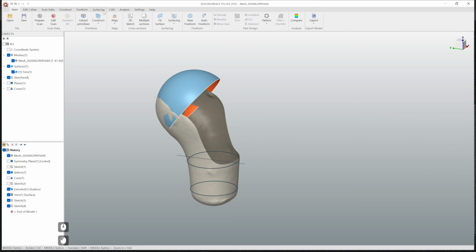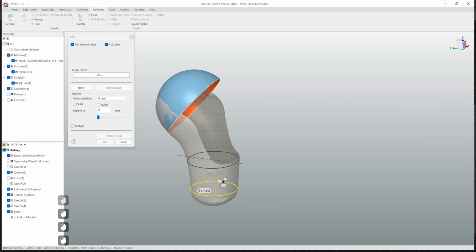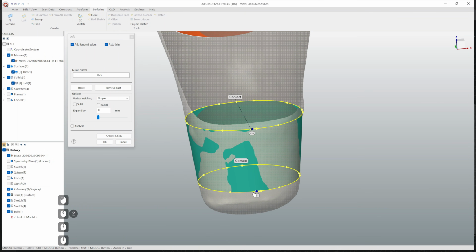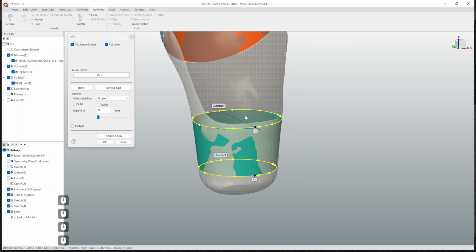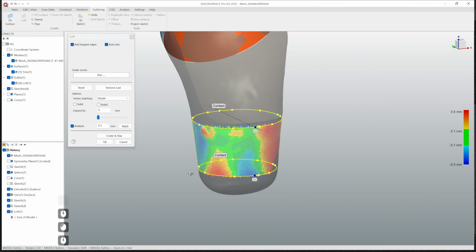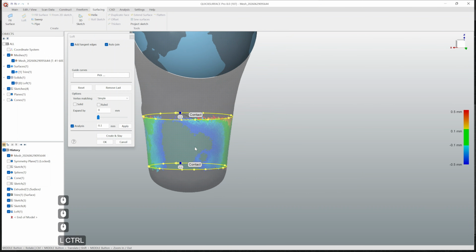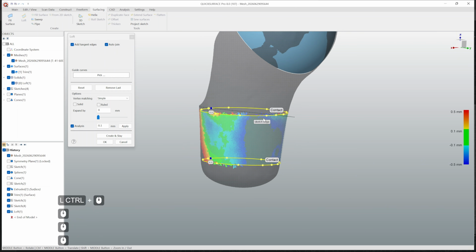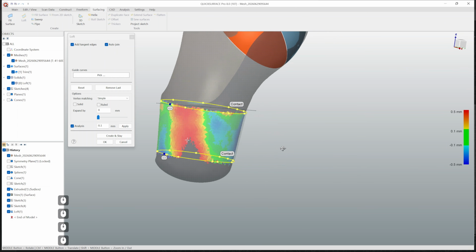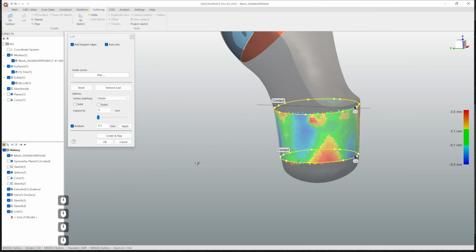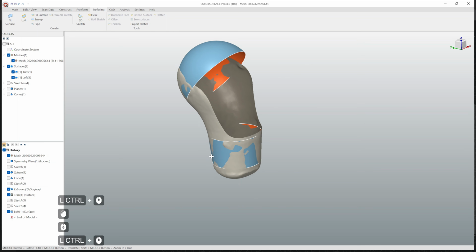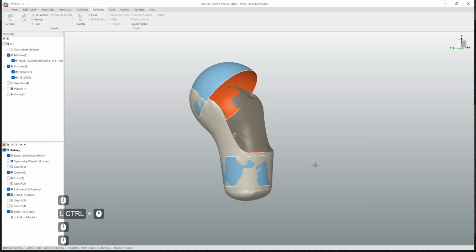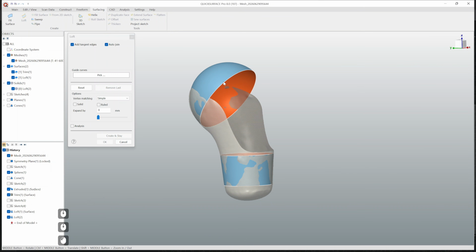So now I'm just going to simply loft these two profiles together. Looks good. Deviation analysis, it fits fairly well. The front side is not that good, but we have to remember that the scan data was far from being that great. Okay, so I will accept this result, and now I want to simply loft this sphere and this